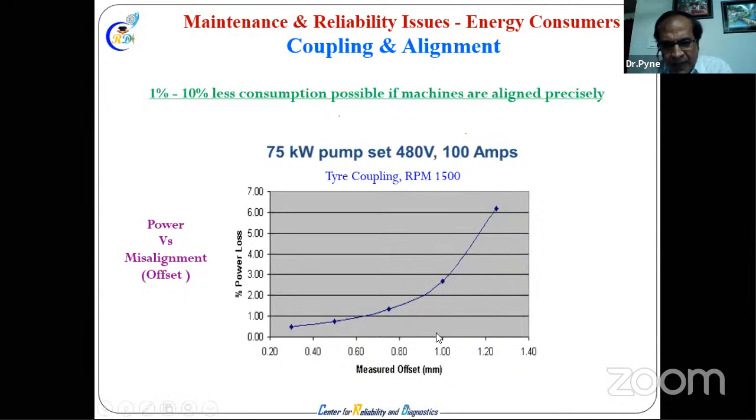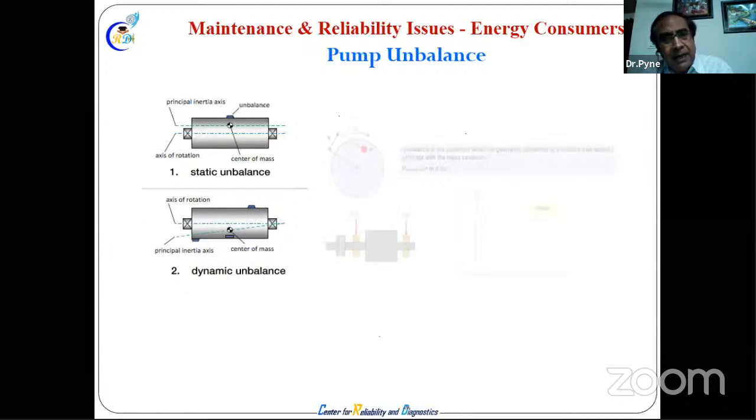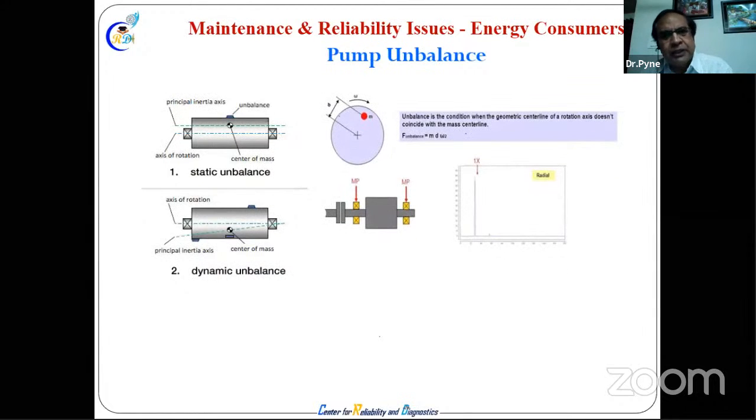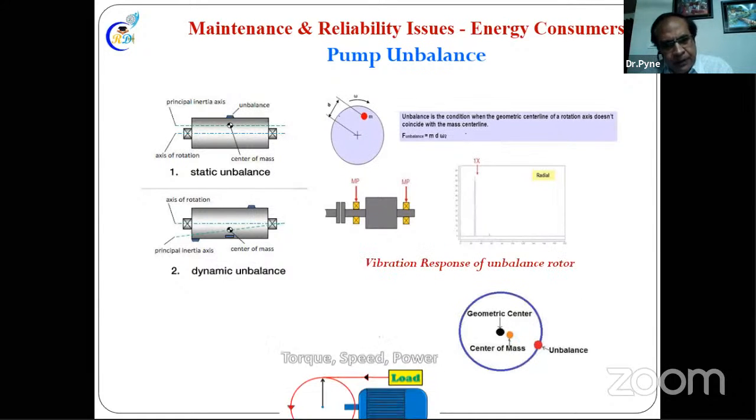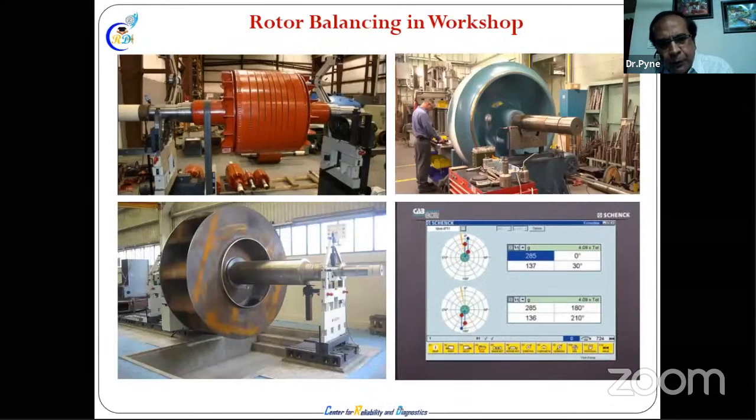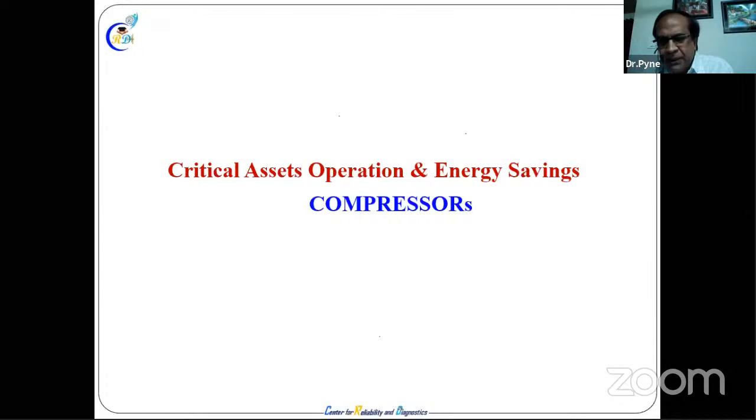If there is a 1 mm offset of a machine, offset meaning parallel misalignment, then you get this much power loss. So there are cases available on different alignment, 0.01, 0.02 mm, depending on the machine, and its limit. Okay, unbalance creates a lot of unwanted force on the shaft, and it takes a lot of energy. There are studies available, and that's why I want to precisely balance the compressor.